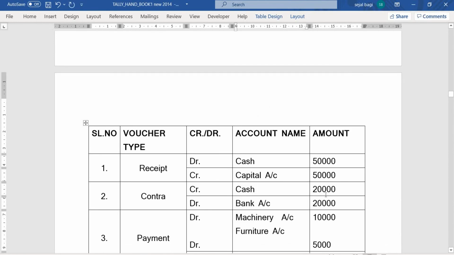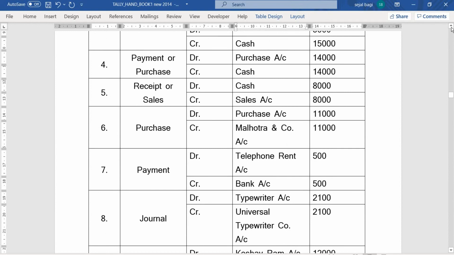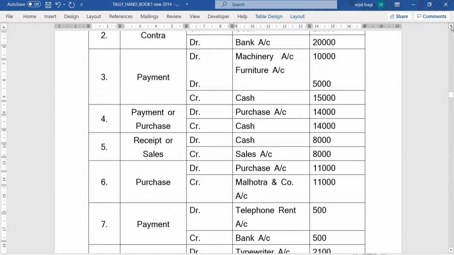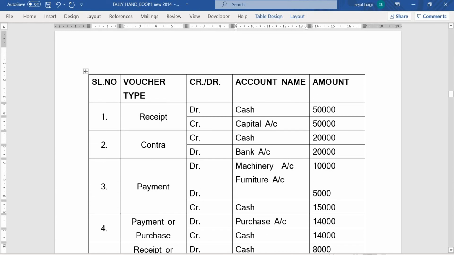Later, coming to the second table, here we have to create around 5 columns. The first column, serial number, the second one, voucher type, the third one, account name, the fourth one, credit/debit, and the last one will be the amount.